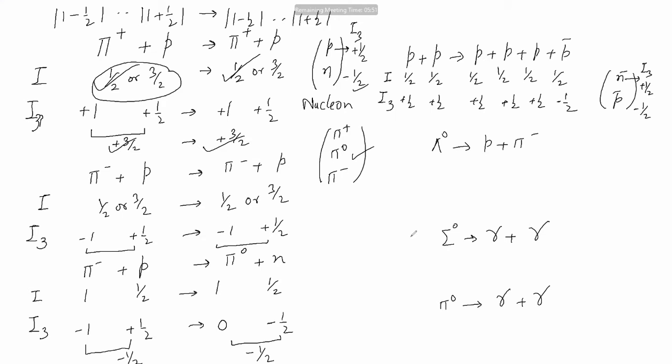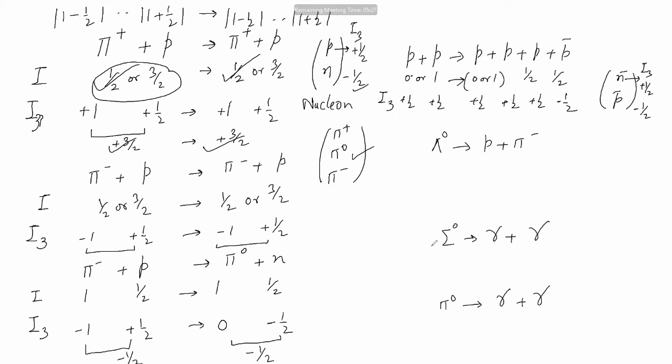Yes, sir. Now you see, what will be the total isotopic spin on the left hand side? 1 and 0. Good. 0 or 1, very good. What about the right hand side? Now you see, that is the catch. First we will combine these two. When I combine these two, what am I going to get? 0 or 1.